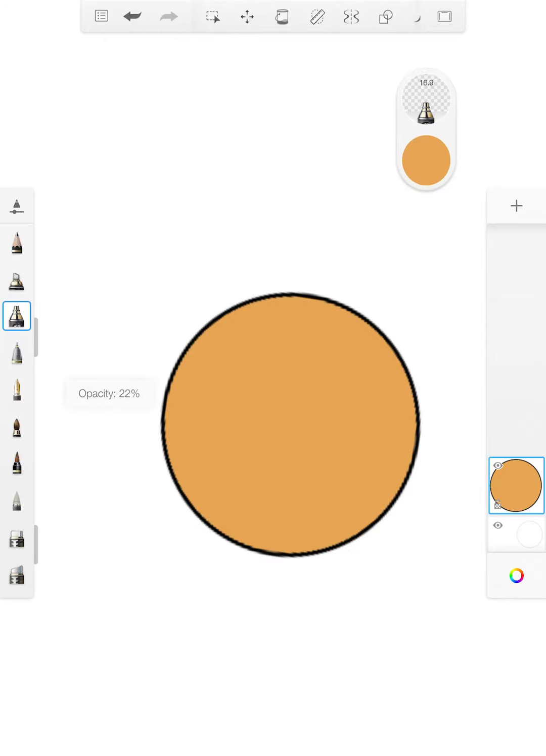So you're going to change opacity, you're going to change size. Okay? Oops, I messed my opacity up. I have to fix it. Alright, now we're going to paint in the shadows and the highlights, and this is how super easy it is